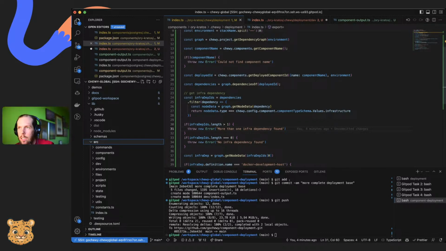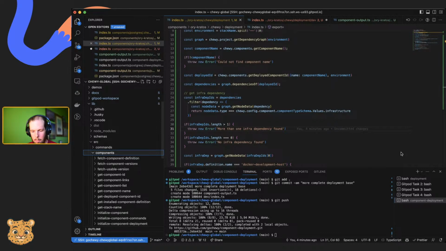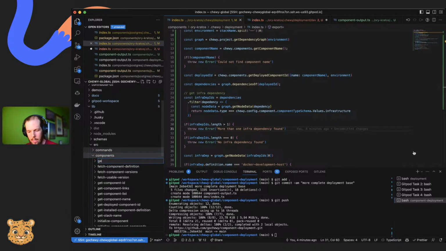Get? Yeah, that's weird. I feel like it should be under components. Components folder, get graph dependencies. Get component depend... I mean,